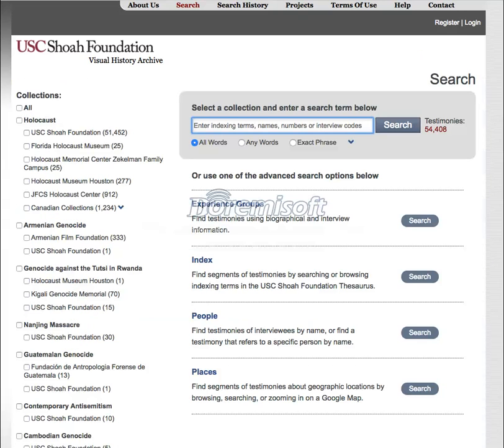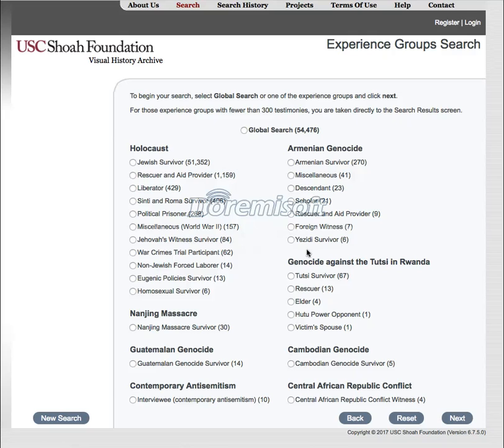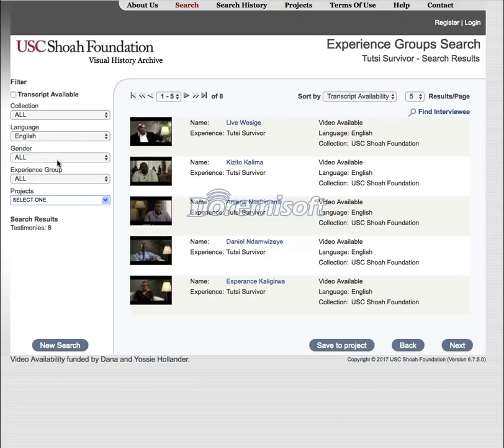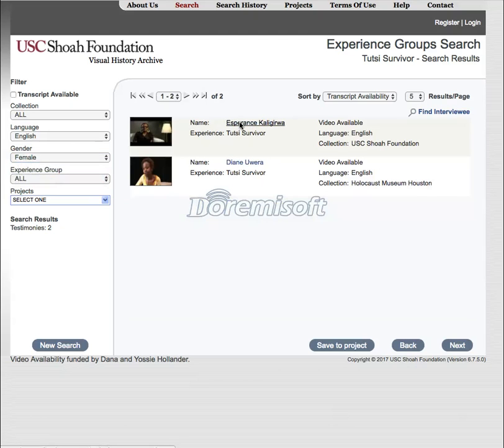So let's take a look at some example searches. Say you were looking for the testimony of a female survivor of the Rwandan genocide. You would go into experience groups. You would select survivor for Rwanda, and you would get about 67 results. So you can further limit that by only looking at English language results, and even further for a female testimony. And then you would be able to locate testimony